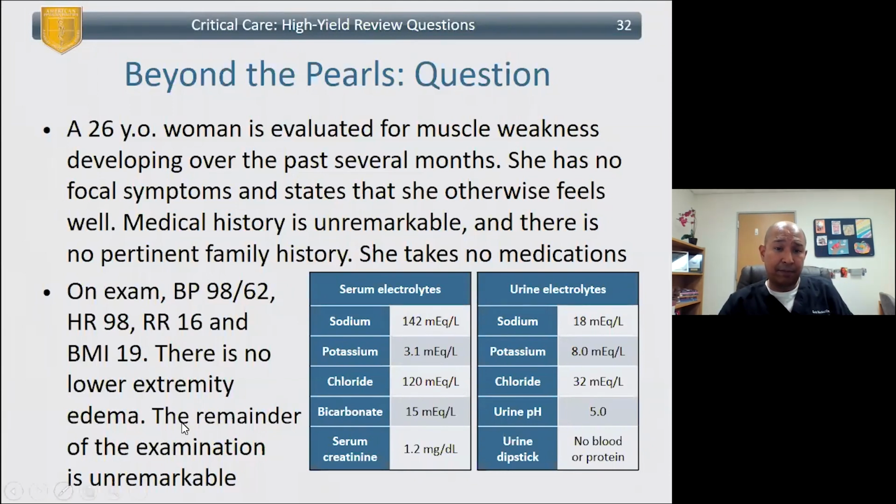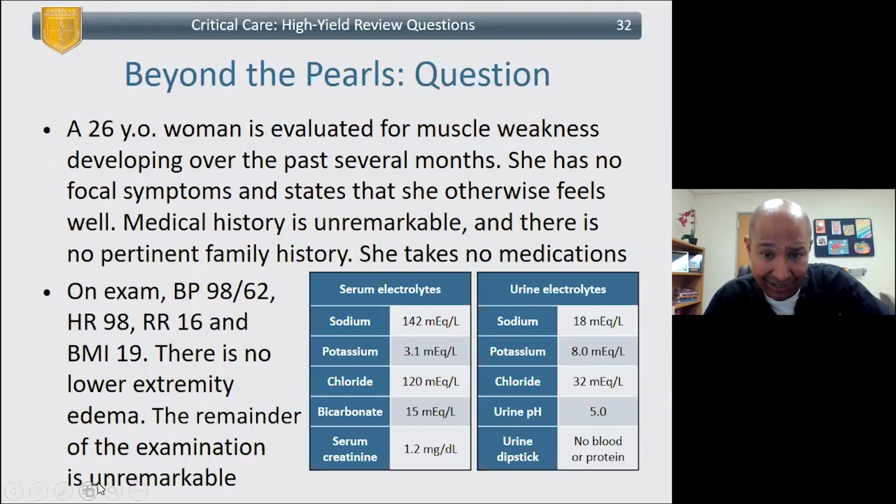So in this case, sodium looks great, potassium on the lower side. And that kind of relates to, in this patient, muscle weakness, hypokalemia. Chloride a little bit elevated, but look at that bicarb. That bicarb is definitely what? Low. So just looking at the serum electrolytes, patient per se probably has a metabolic